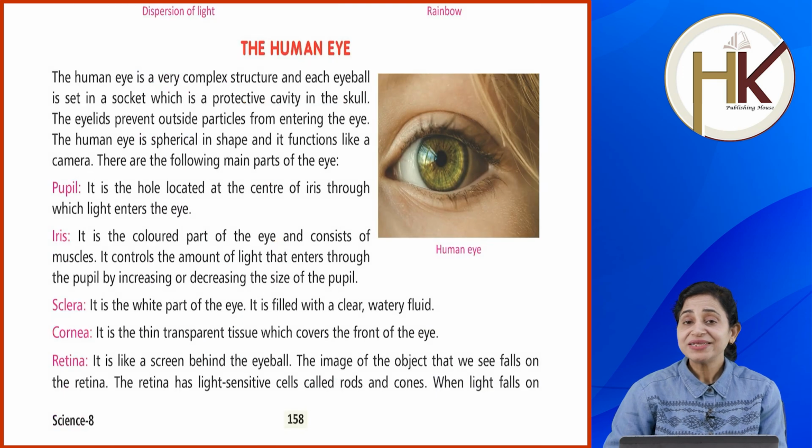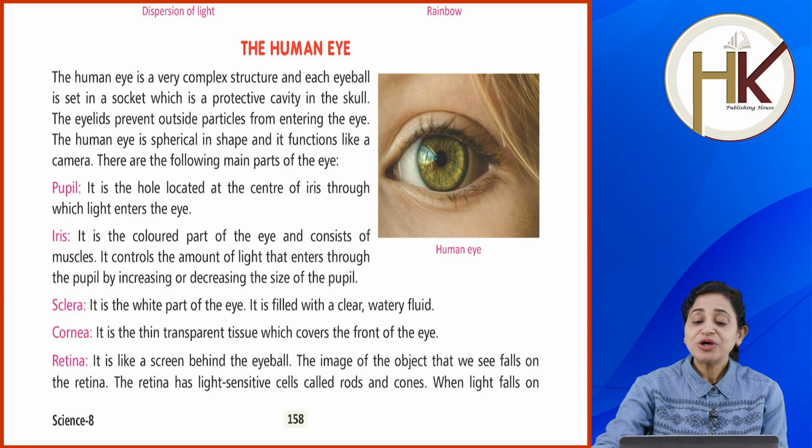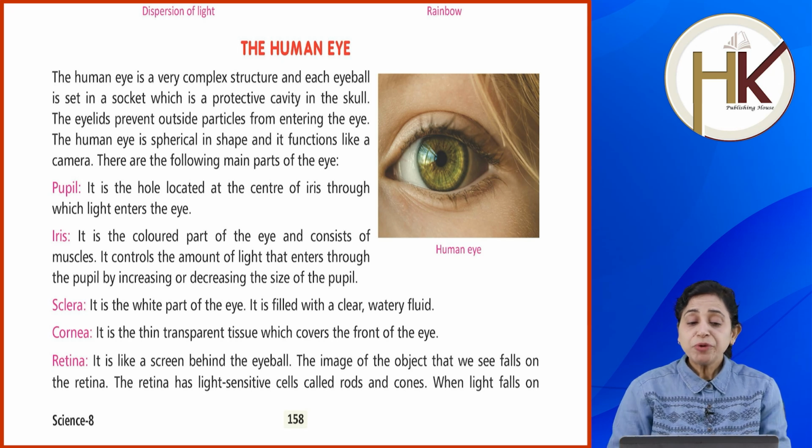The human eye. The human eye is a very complex structure and each eyeball is set in a socket, which is a protective cavity in the skull. The eyelids prevent outside particles from entering the eye, and the human eye is spherical in shape and functions like a camera. Therefore, the following are the main parts of the eye: